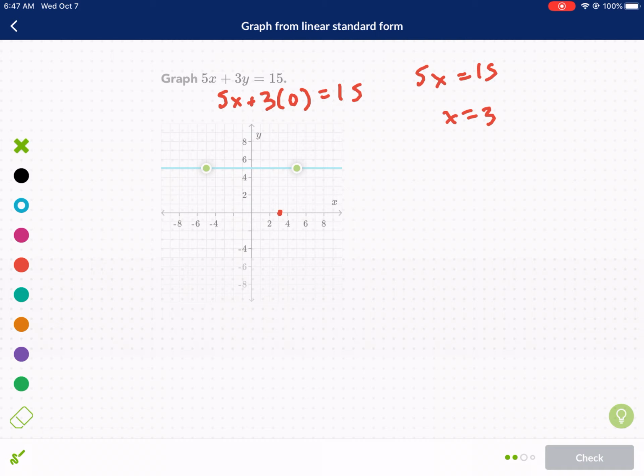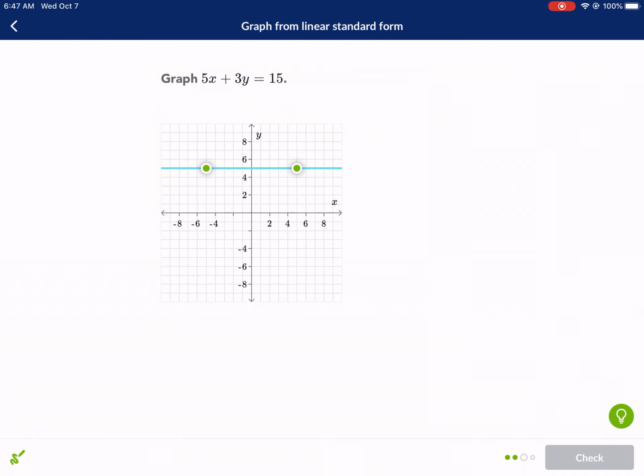And then for y, we're going to cover up the x essentially because it's going to be multiplied by 0. So we get 3y equals 15. Divide by 3, y equals positive 5. So this is the point 0, 5, and then we have 3, 0. So 5 for the y-intercept, 3 for the x-intercept. Check it out. Here we go. And last but not least,